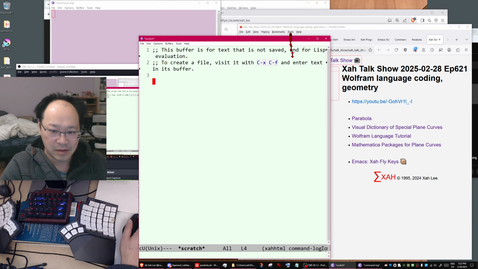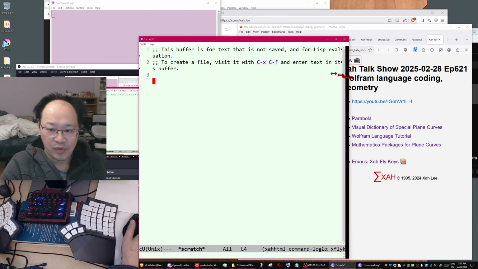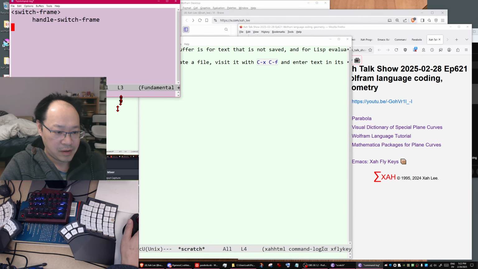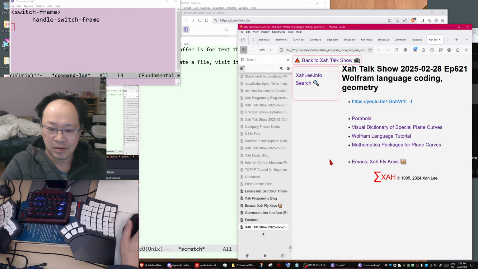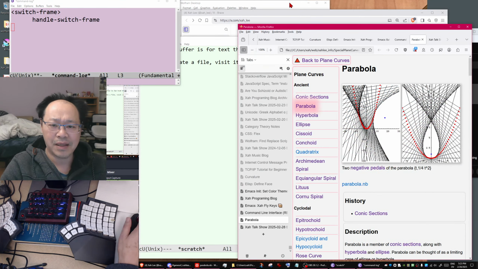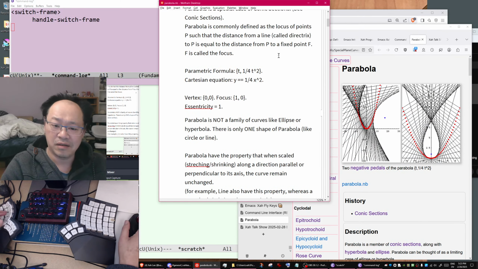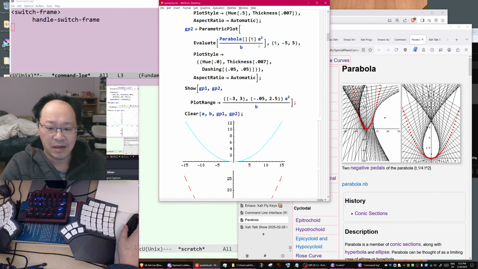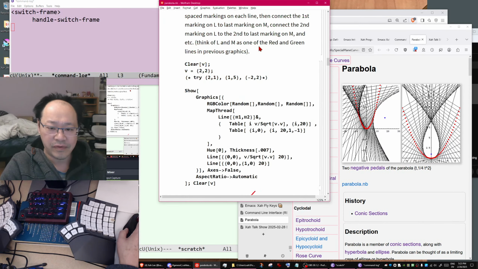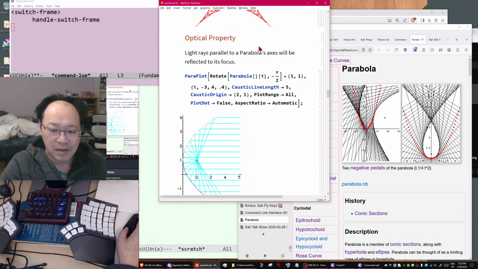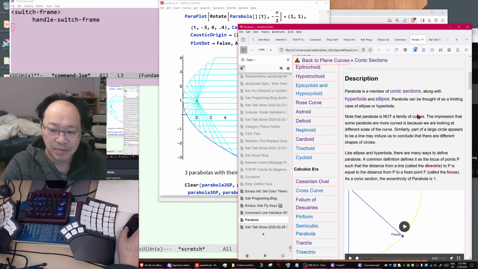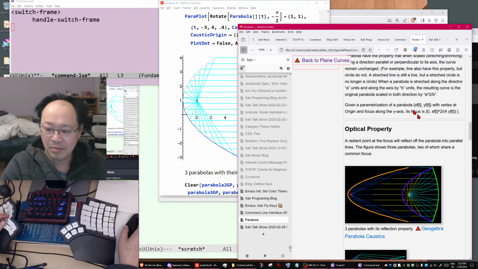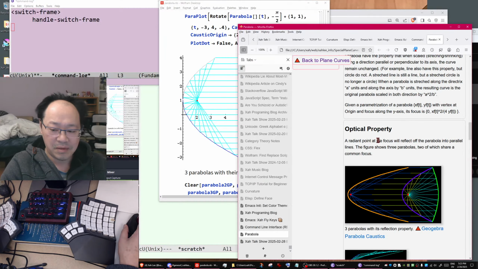Now you need to adjust the window. So Wolfram language coding. Let's go back to Wolfram language coding. So far so good. Let's go back to mathematics, the all important, not the color theme drama. So you see fantastic typeset stuff. Let me think about what we want to do. Okay, so parabola, you got this light source. Do we have it? No. So we need to update this image.